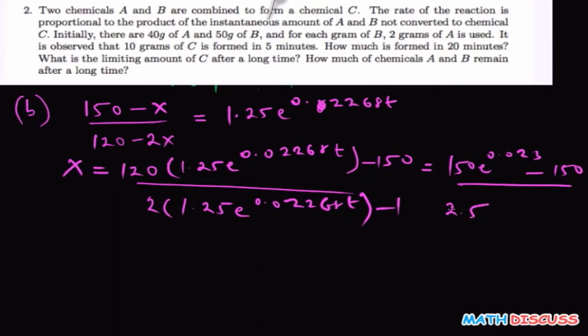So 2 times 1.25, that's 2.5, e to the power 0.23 t minus 1. So now, most times when you see questions of finding the limiting amount of C, and